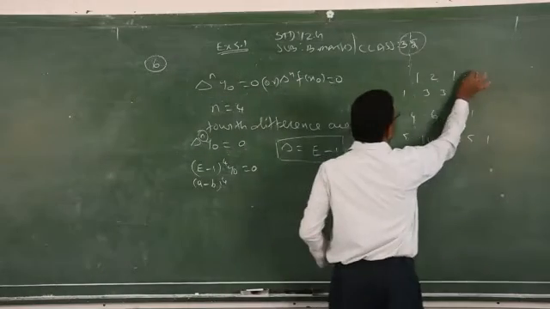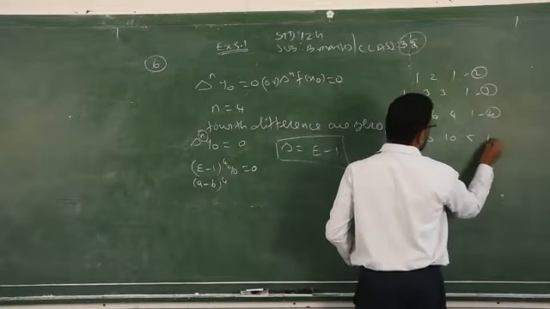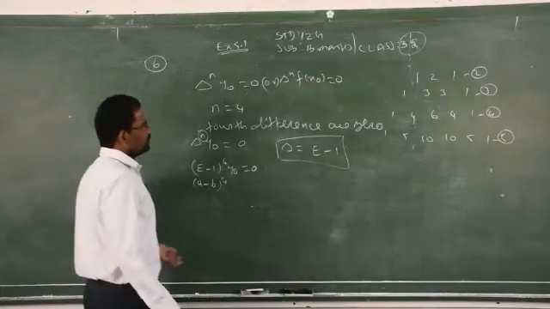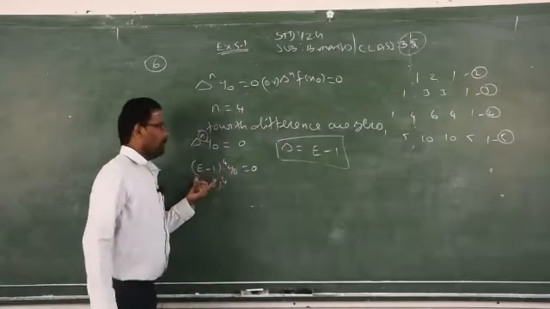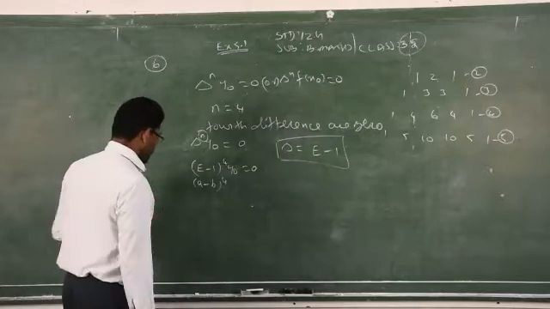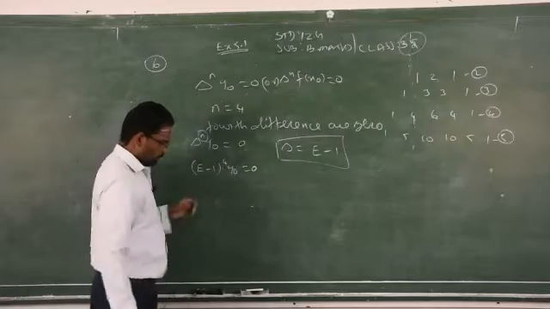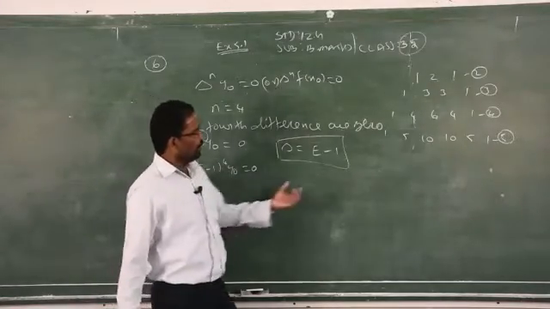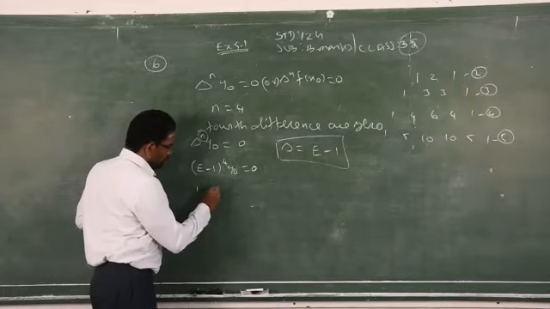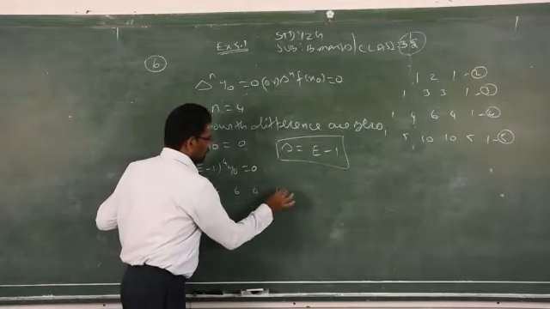This is for power 2. This is for power 3. And this is for power 4 and this is for power 5. So now you have to select which one is suitable for the given format. Power 4. So the third one is suitable. So how do you write? I told you already, you can either use the binomial theorem that you studied in 11th standard, or this rule. So just write 1, leave space, 4, 6, 4, 1.